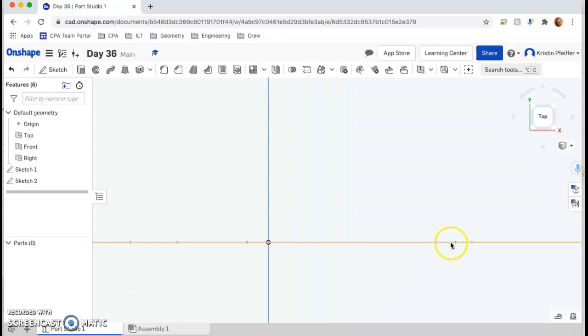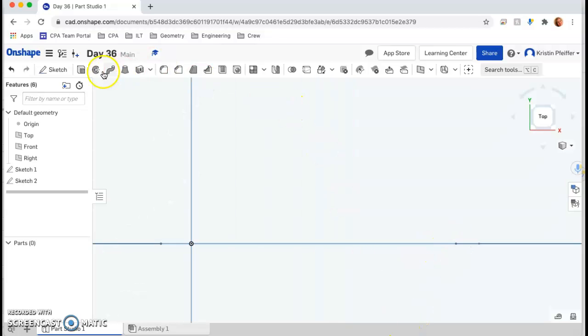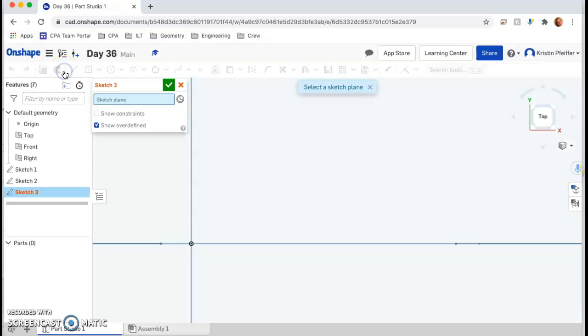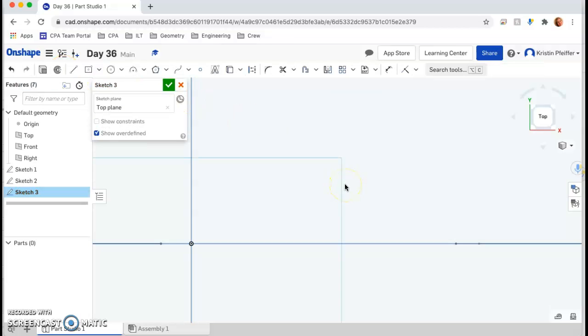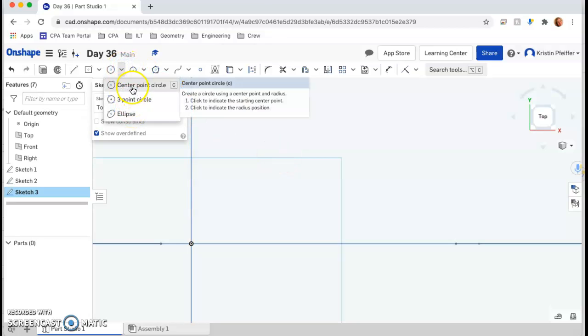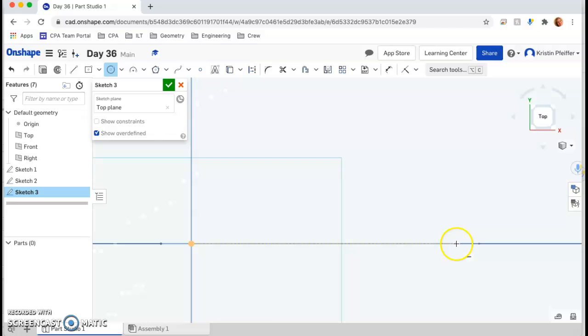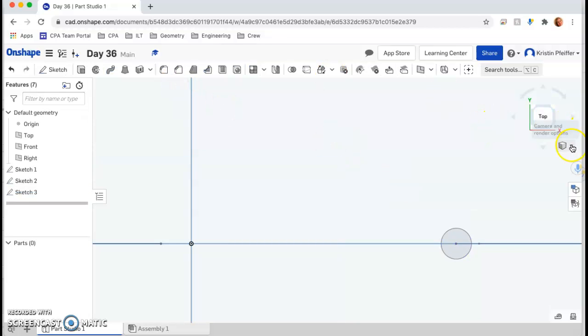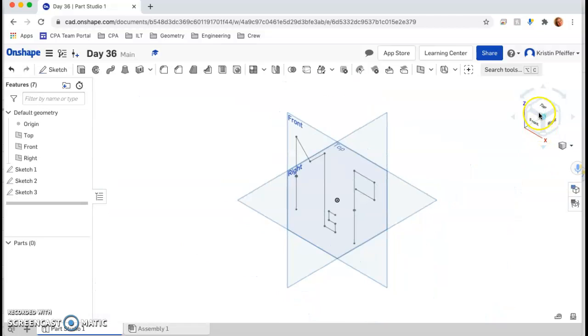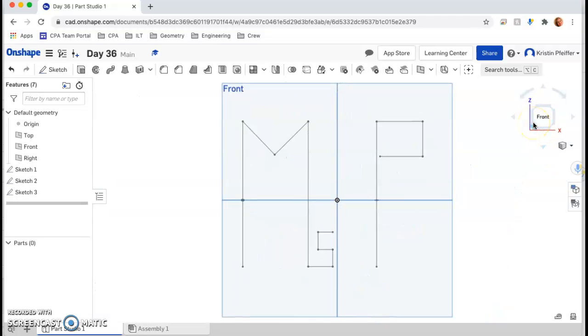All right, so I'm going to draw a circle though around this one. So I have 2 different shapes. If you want to keep it the same, you can. Okay, I'm going to click sketch, click on the top, just anywhere in the blue. I'm going to click on center point circle, click on my circle, drag it out, and hit check mark. All right, so now I'm going to go back to my front view,